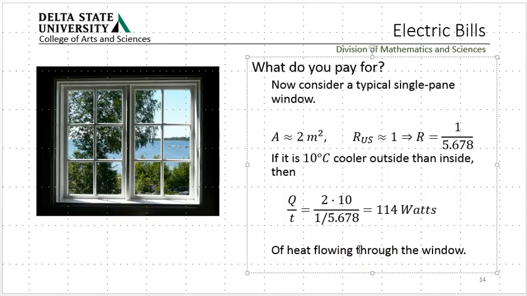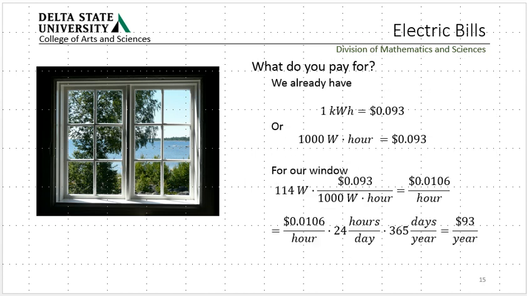So what does that add up to? We're going to go back over here and take a look. What would I pay for this window in my house? And I have a lot of these in my house, by the way. They don't look exactly like this, but they are old single pane windows. So 1 kilowatt hour is 9.3 cents or $0.093. Or we can write this as 1,000 watts times an hour is $0.093. For this window, 114 watts times, I'm just going to divide through by that to get the conversion,